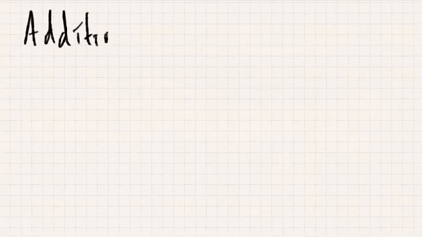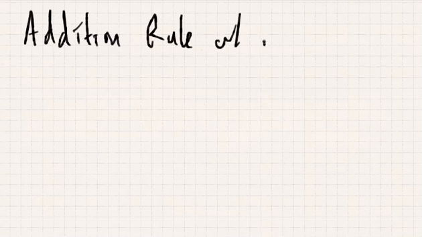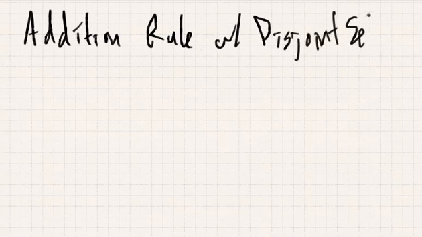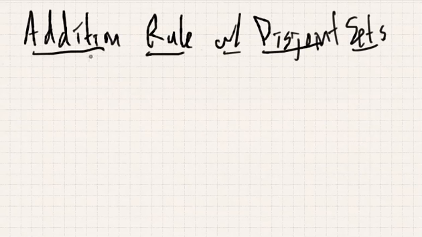Great. Now let's look at some examples of using the addition rule, and specifically the addition rule with disjoint sets, which means that if we can break up a counting problem into a bunch of disjoint sets, then we can count each of the disjoint sets and then just add things together. So, for example,